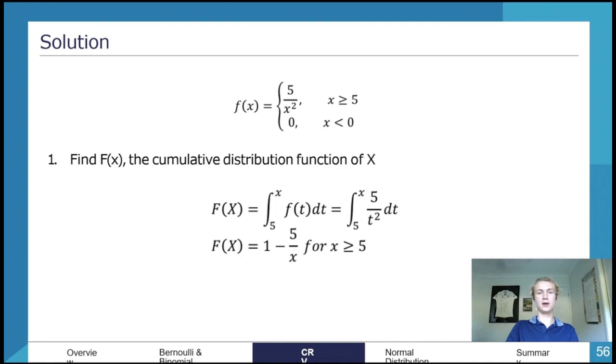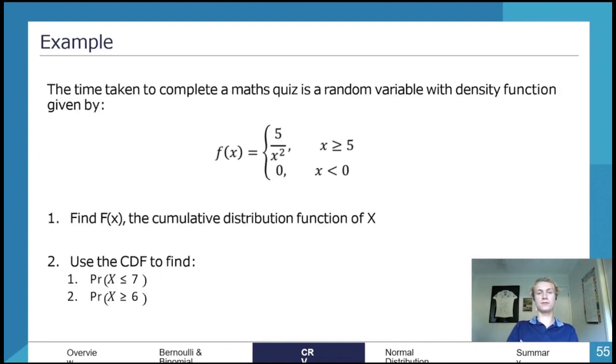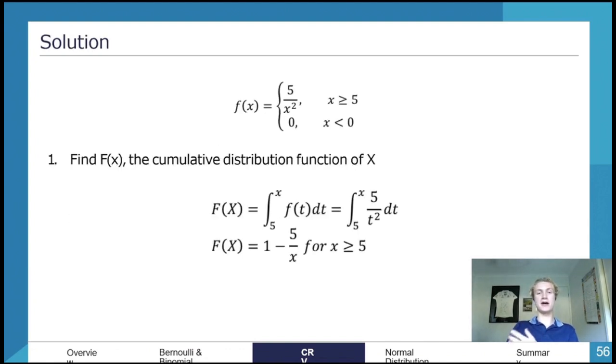So we actually integrate between the lower bound, which was 5, and the upper bound, which is now x. And we integrate in terms of t. And then that'll give us a function where we can sub in different values of x, which is pretty cool. So f of x equals capital F of x, cumulative density function, equals the integral between 5 and x of f of t dt. We integrate that, and what we wind up getting